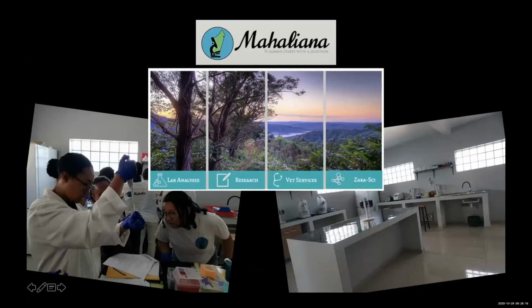So just to wrap up, a lot of our work is facilitated by a new lab that's been built in Antananarivo, which is the capital city in Madagascar, Mahaliana, and the founders are collaborators on this project. And three of my co-authors on this paper, Lantu here, Lydia and Marina, have held several workshops to demonstrate the power of the mobile lab, again, just for DNA barcoding. And it's been quite popular, and there's a lot of excitement in the Malagasy academic community for incorporating genomics into